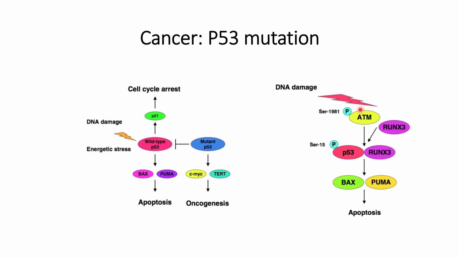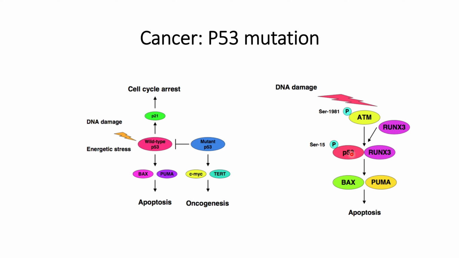In case of DNA damage, ATM is phosphorylated at serine 1981, counting from the N terminal, in the ATM gene, and this leads to